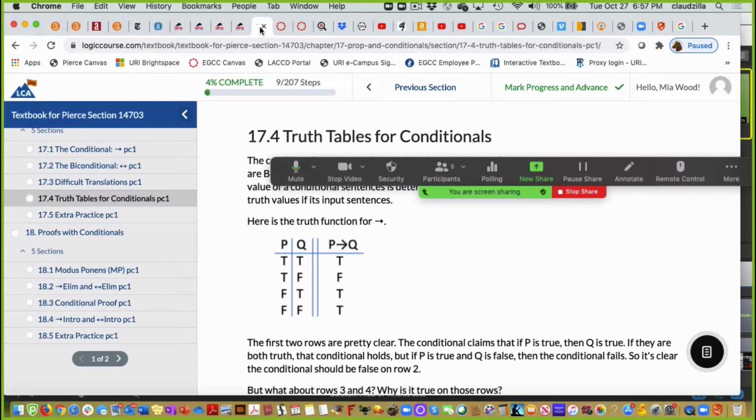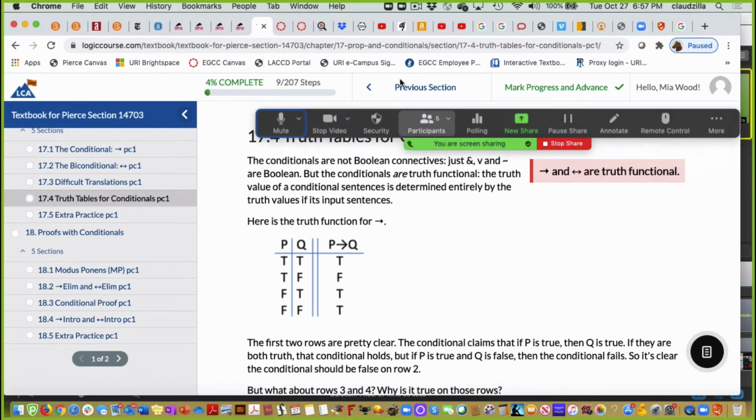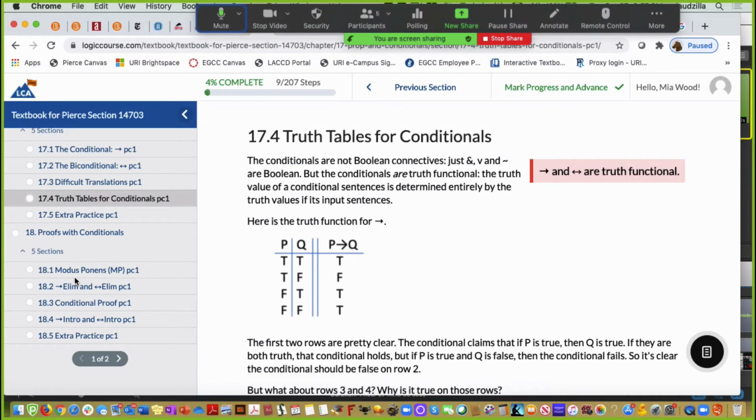Sorry, there's our textbook. I couldn't find our textbook. I got it. Ready to go. All right, so